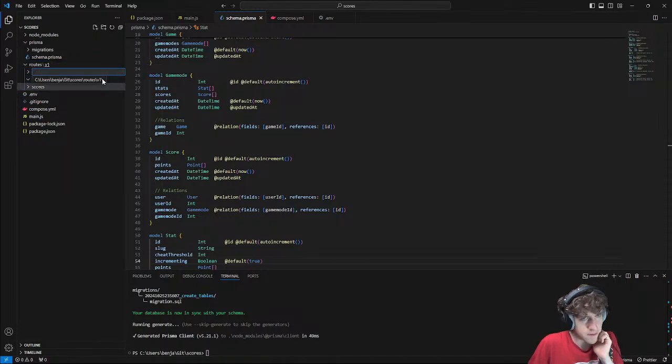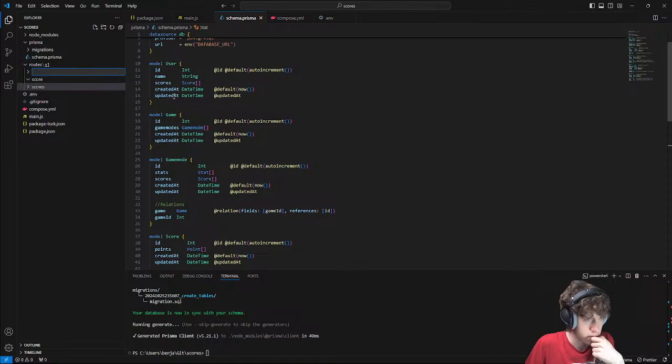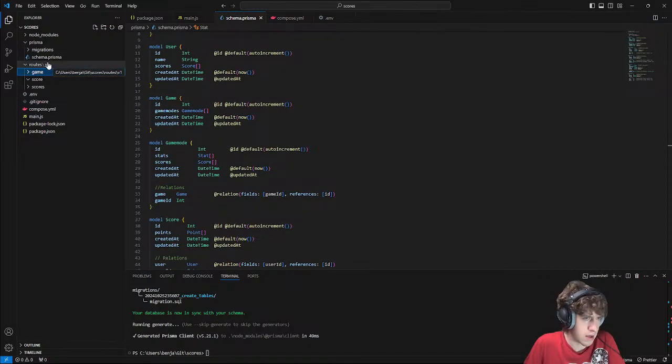I don't need an endpoint for individual users because there's not going to be a point when an individual user is created, only when it's along with a submitted score and doesn't exist already. I'm going to want an endpoint for creating a game though. But I believe that's it. Oh, I guess creating a game mode.